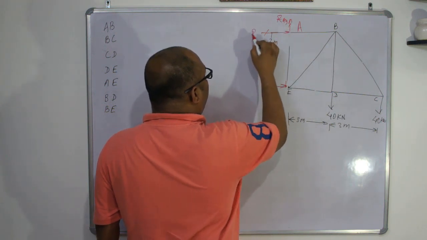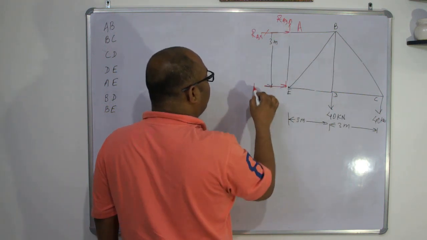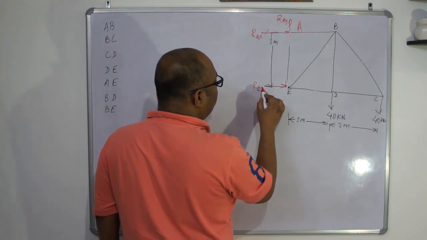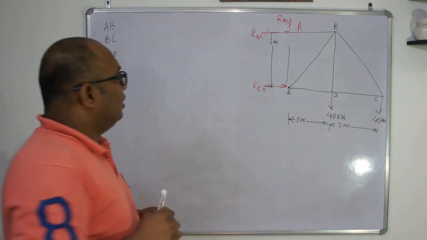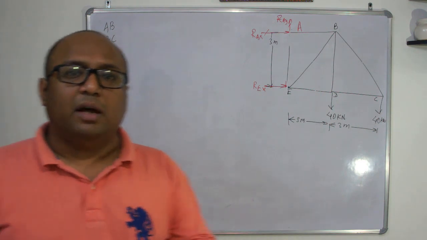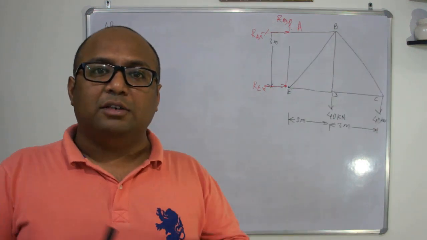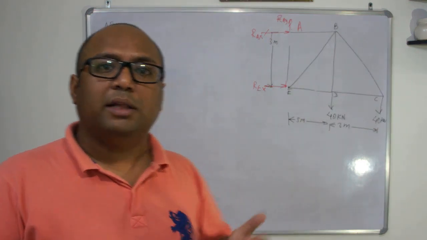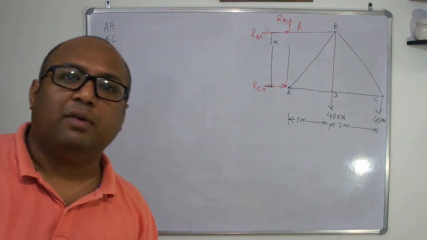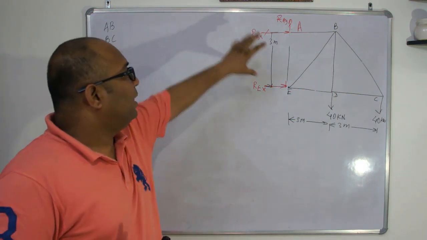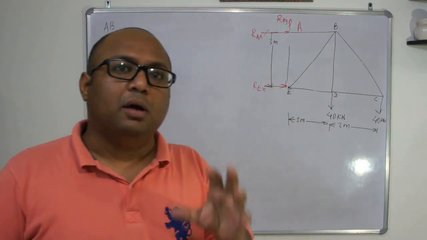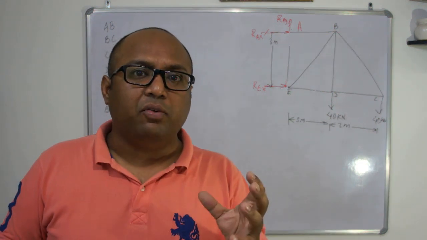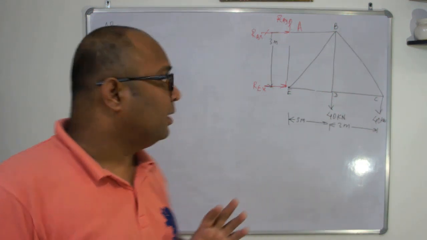RAY, RAX and REX. Okay, so what we have done, we have drawn the free body, we have isolated the object from its surrounding, that is its support, and what we have done, a part of it, we have replaced this support by the help of reactions. Is that okay?